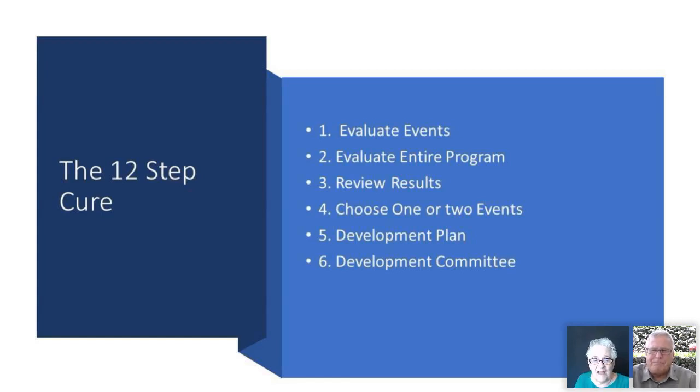But then number 5 on this list is create a development plan. And this is what you're going to learn in our master class. You've got to have a plan, not just pick up things as they come along. And when you don't have a plan, one of the things that contributes to this special event addiction is a board member walks into a board meeting, or maybe it's even a development committee member, and says, oh, we ought to do a golf tournament because the Boy Scouts just had one and they raised $500,000. Boy, we ought to do that.